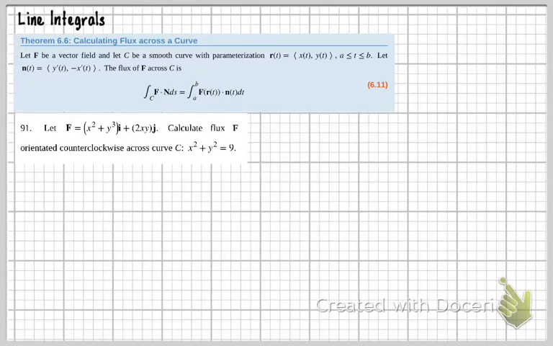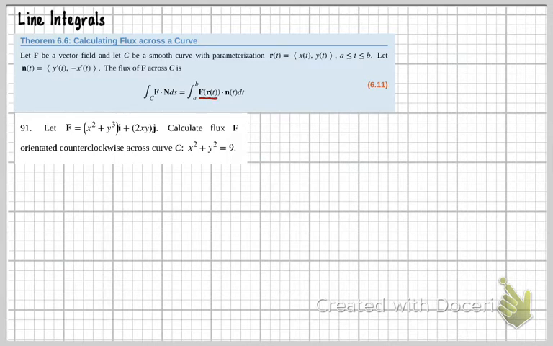Let F be a vector field and let C be a smooth curve with parameterization r(t) equals x(t), y(t), where t is between a and b. Let n(t) equal y'(t), negative x'(t). The flux of F across C is the integral of F dot n ds, and that equals the integral of F(r(t))